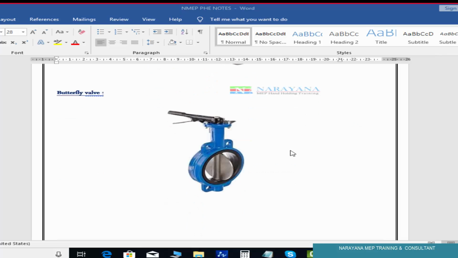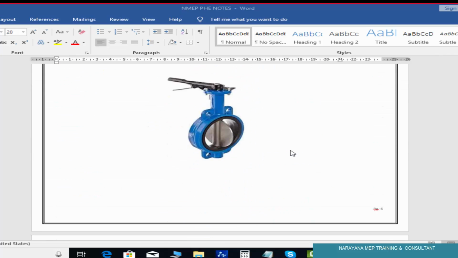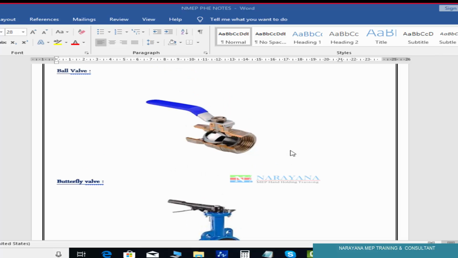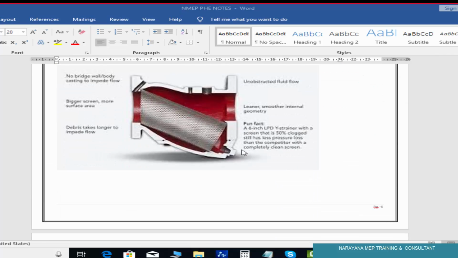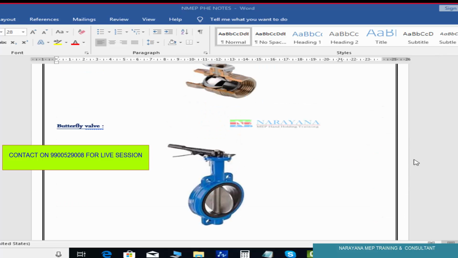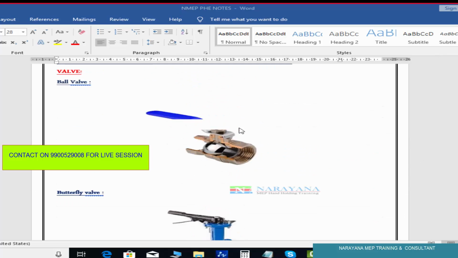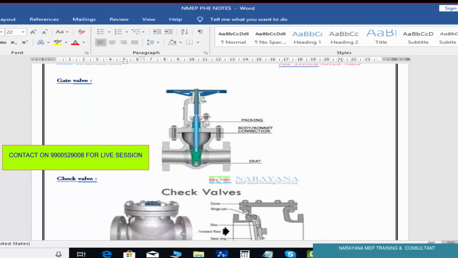And is the main differentiator only the size? Or is there any other differentiating thing which differentiates all these? Depending on the size only we will use these different types, or is there any specific reason? No specific reason. The size is the reason; for higher size we will use this. Operation will be the same with these two. This one, the total concept is different.